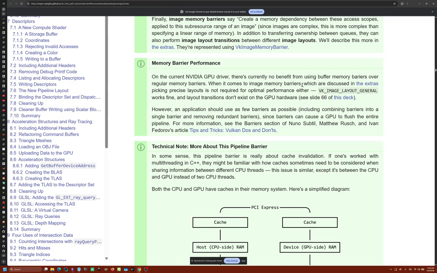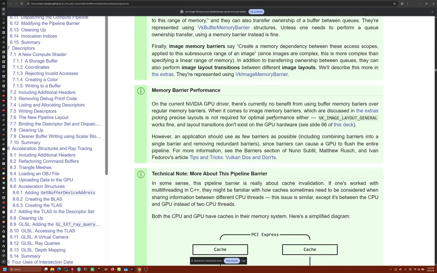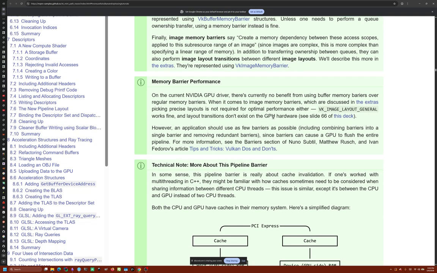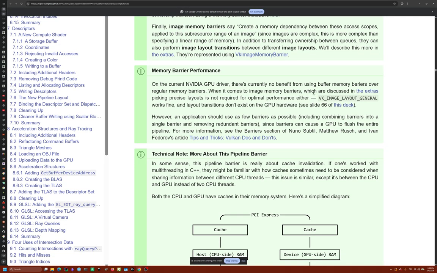On the current NVIDIA GPU driver, there's currently no benefit from using buffer memory barriers over regular memory barriers. So using the fine-grained ones does not help. This is from 6 or 7 years ago, so I don't know if that's still the case or not. I think it is more of that now. When it comes to image memory barriers, which are discussed in the extras,